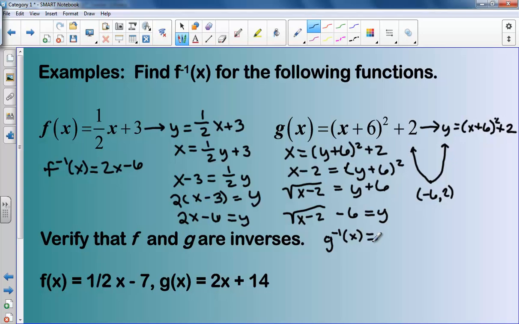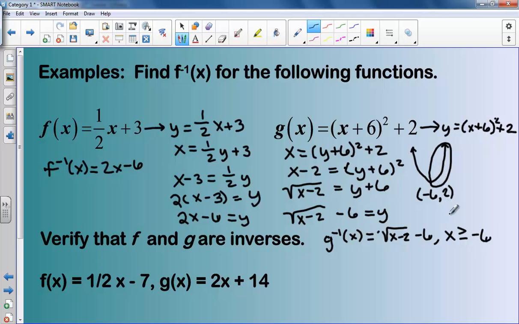The inverse is equal to the square root of x minus 2 minus 6 only when x is greater than or equal to 6. So what I'm saying is I'm only going to take this portion of my graph right here and look at it,